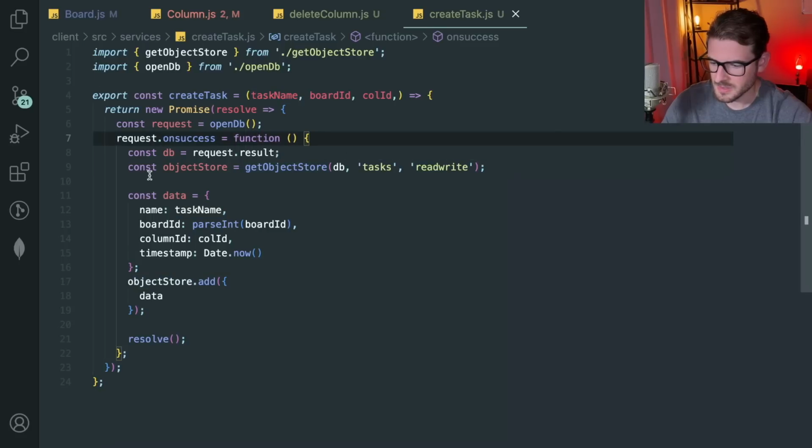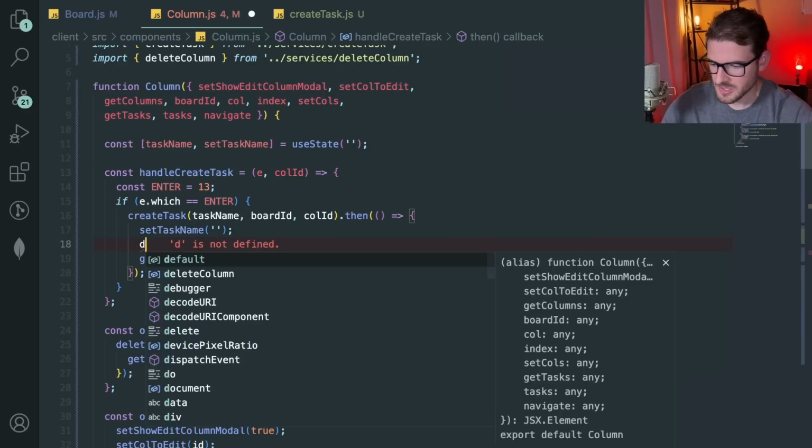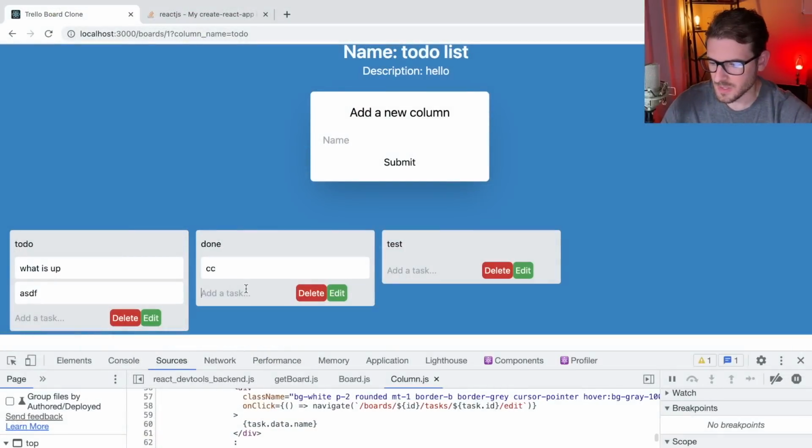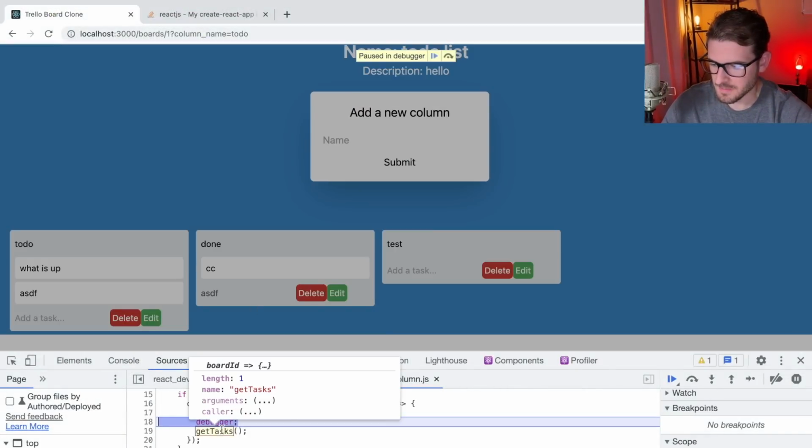On success, does this stuff, stores it, resolves, returns the promise, task ID, board ID, column ID. So let's just go here and make sure this is getting hit. When I type in something, we are getting there, carrying out the task name, and then we're going to